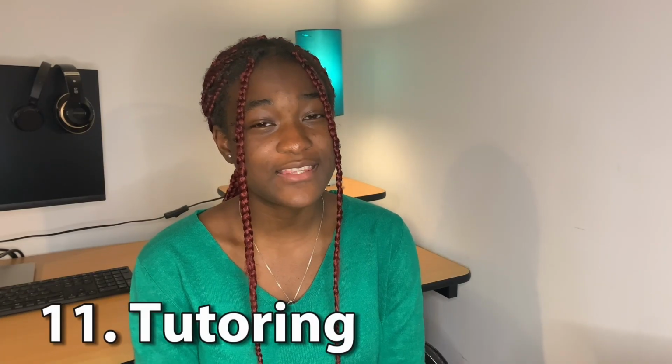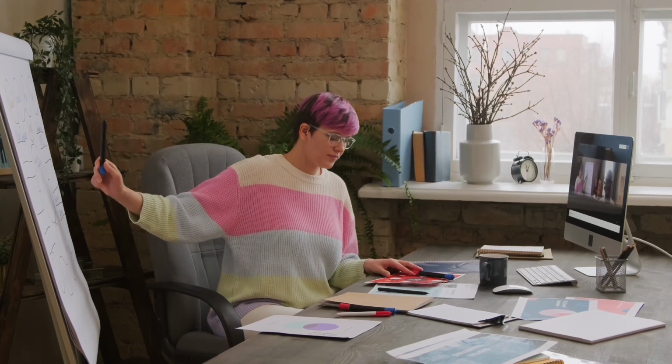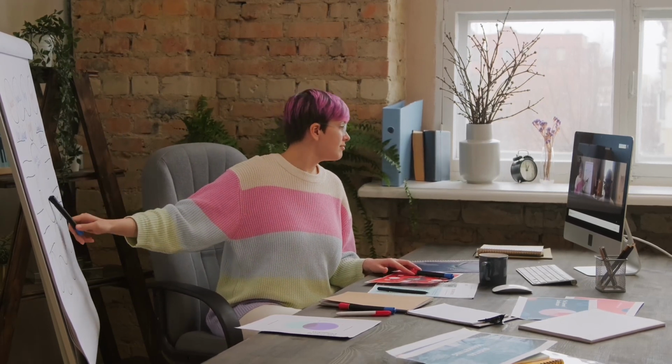Number 11 on my list is tutoring. I really like this one because you can work from home. It can be really easy if you're good at explaining things to people. The pay is really good. You can get up to £20 per hour. But the reason why it's number 11 and not number 1 is because it's pretty difficult to get as an international student, because most tutoring jobs you apply for require you to be self-employed, but you cannot work as self-employed